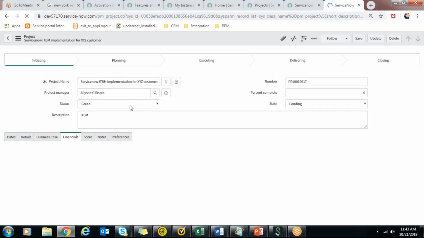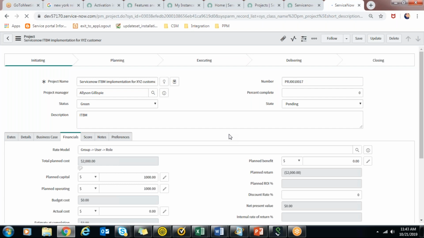So here I have selected the plan date as 12/12. Whatever date has been selected there in the project task will be reflected here in the project dates.